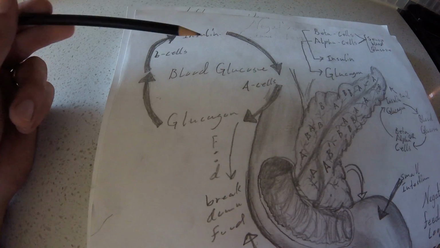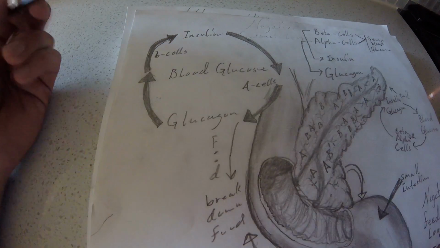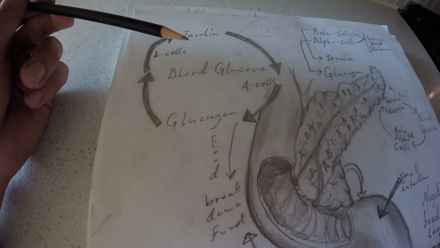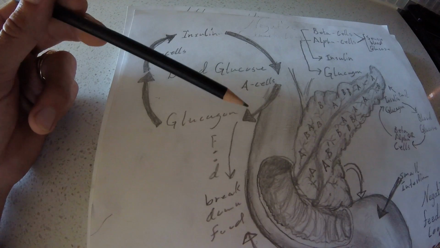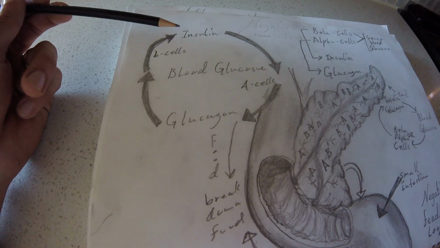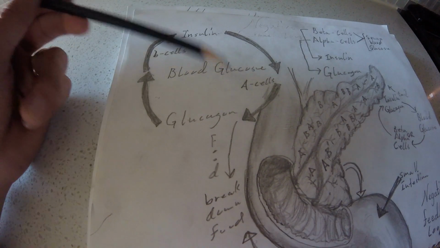But then it's going to keep producing them, and our glucose levels are going to get too low. So then the alpha cells are going to kick in to act on the insulin. And alpha cells are going to produce glucagon,